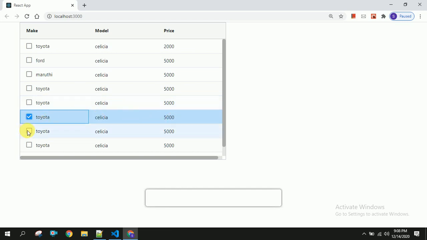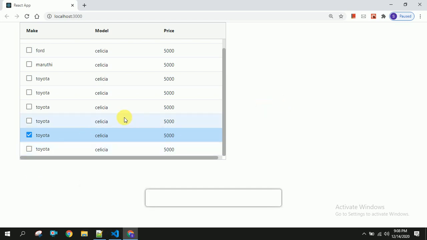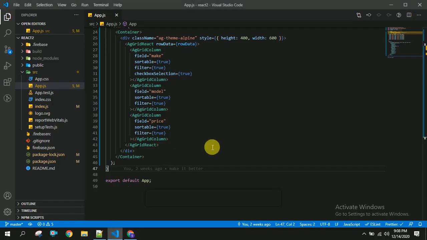row. So let us see how to do that for multiple rows. These are the basic scenarios we will get in our real-time applications: selecting multiple rows, single rows, filtering, sorting, like this. So let us go back to our Visual Studio Code.